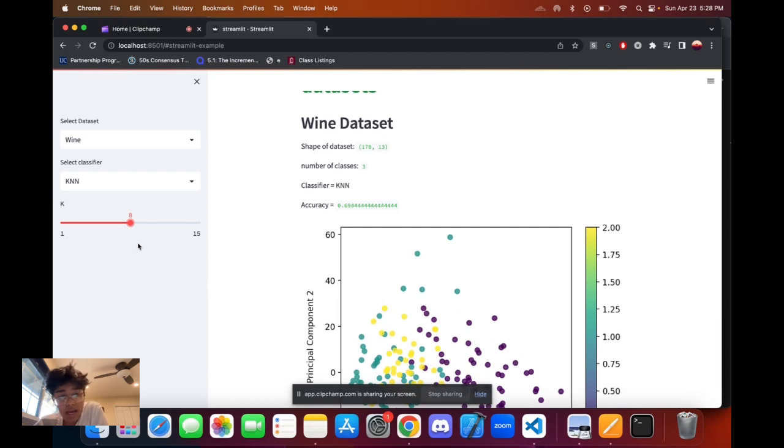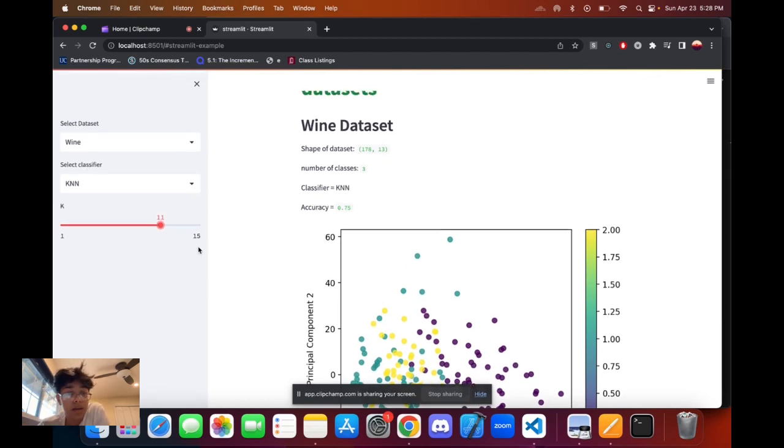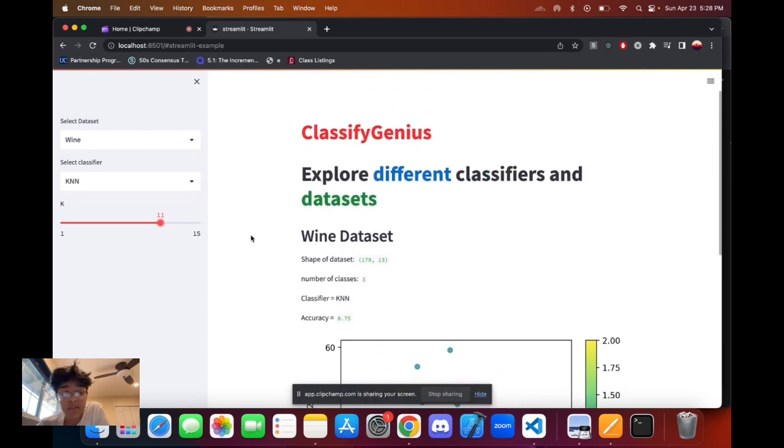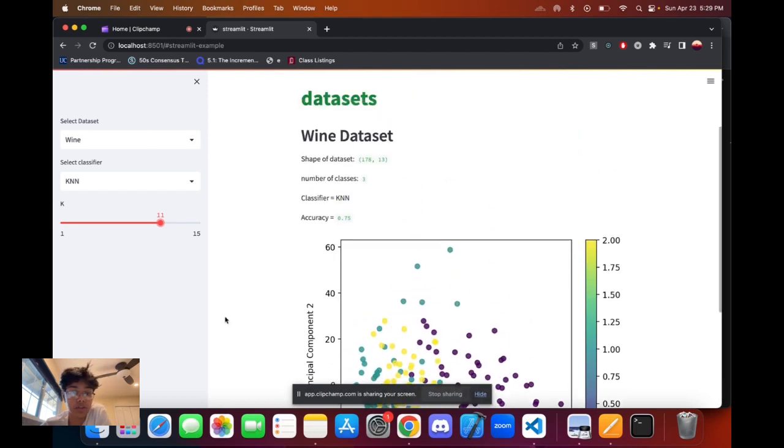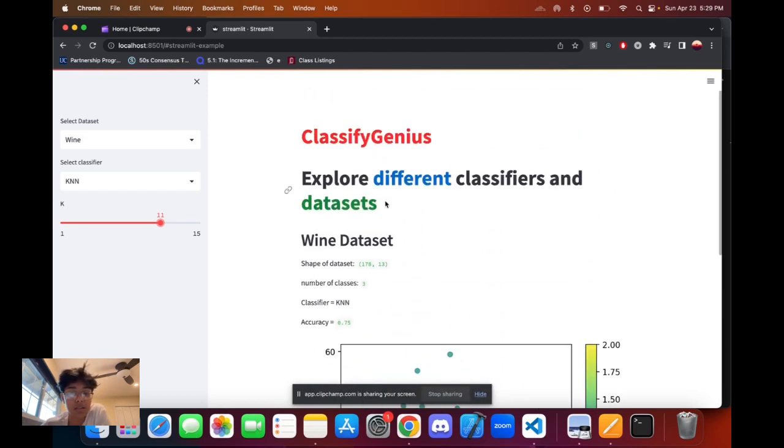So here we have a nice little interactive machine learning web app. This was again my first time using this, so I learned a lot of new things, and I'm grateful for what I learned with this. It's a long way from here because I'm going to be adding some more stuff. But this was my project for this hackathon, ClassifyGenius, and I appreciate you for